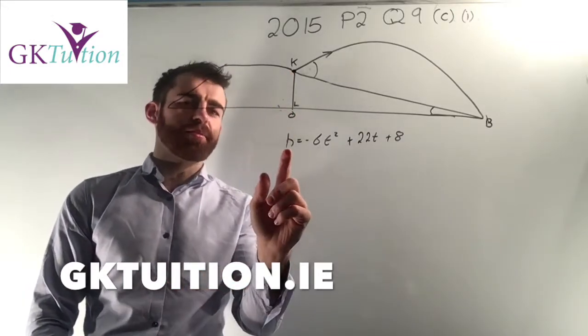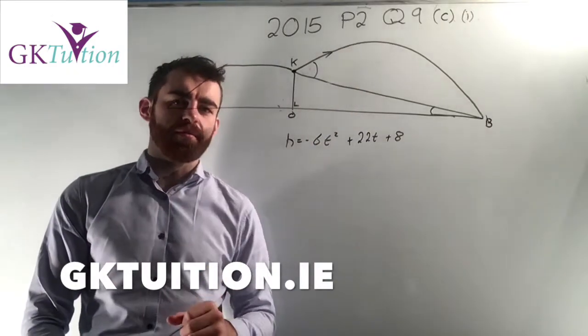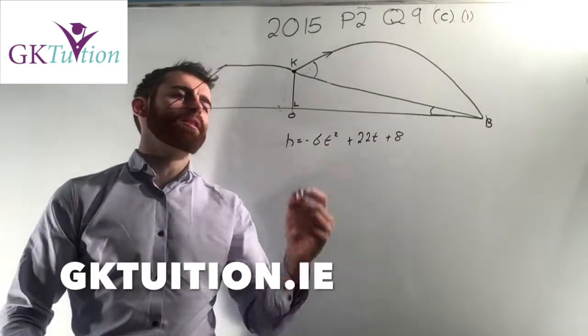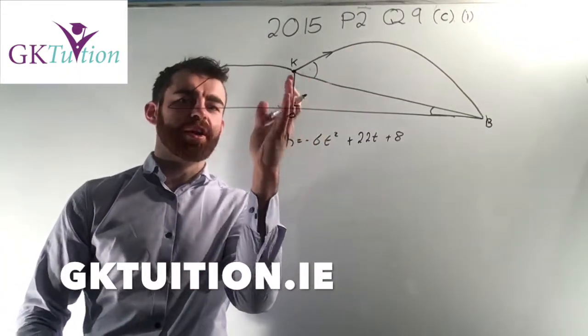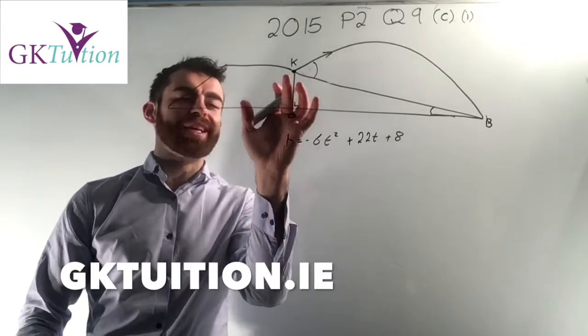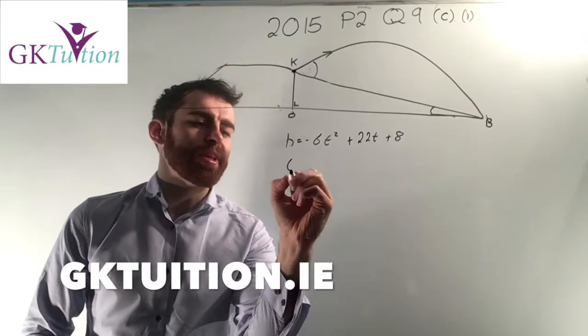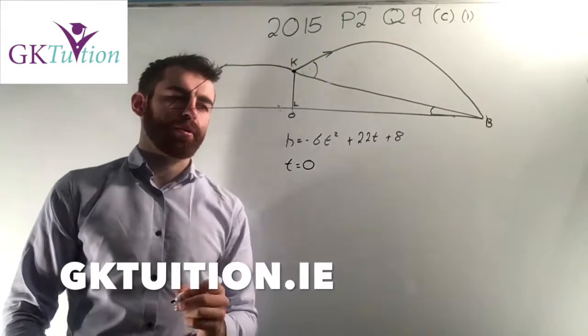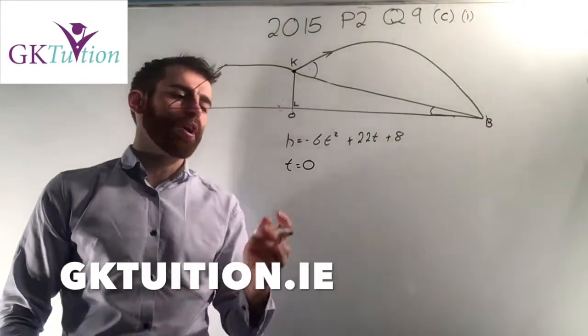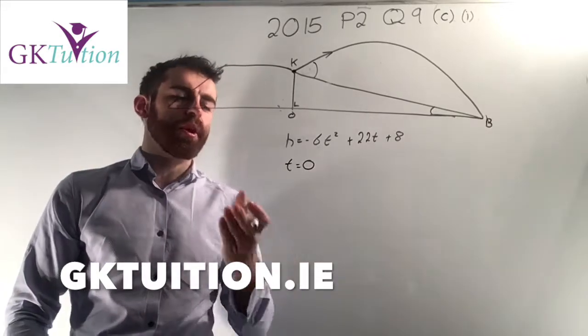Okay, I know that h represents the height, t represents the time. What you need to recognize is that this point here represents just before Joan hits the ball, or the instant Joan hits the ball. At the instant that Joan hits the ball, that means that t is equal to 0. So to find the height at this point, we just need to sub in t equals 0 and find the